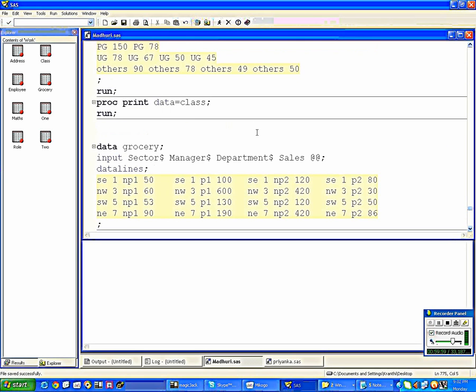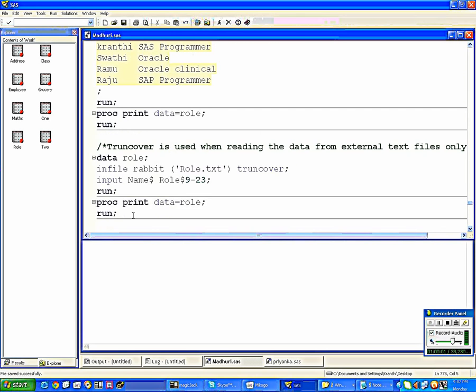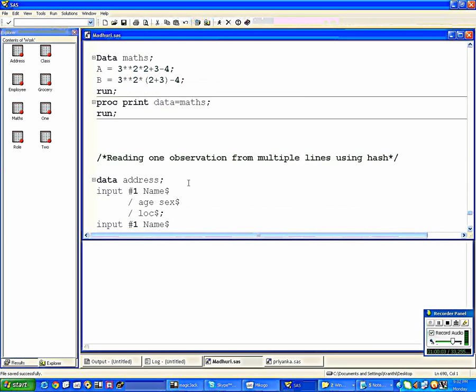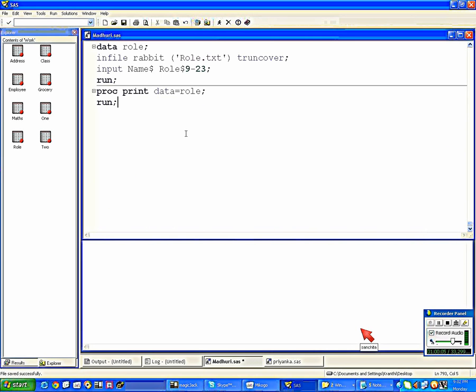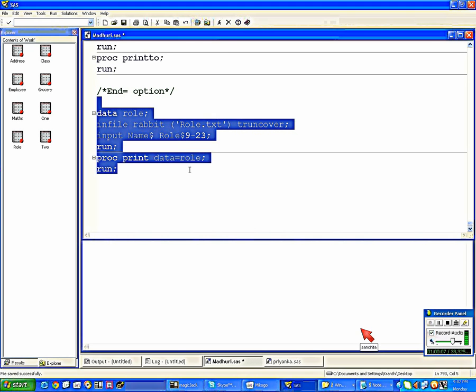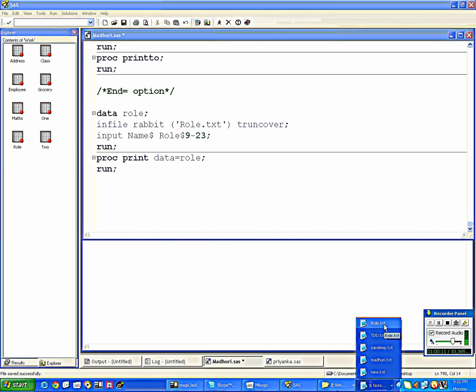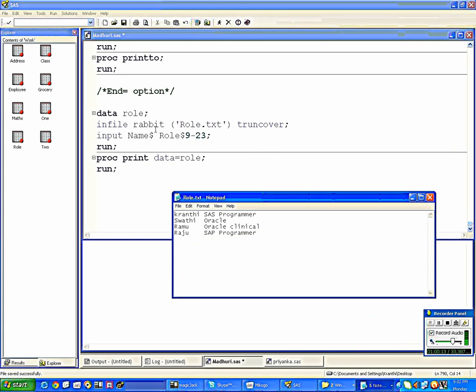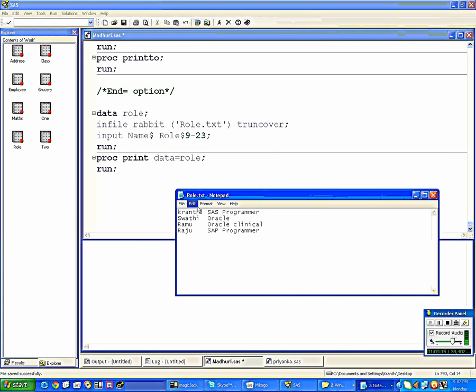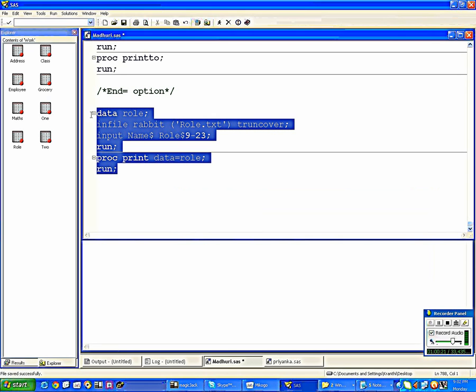We already did this program, using the trunk over. What does this do? Rabbit is already given the location. Rabbit means derive data. Role.txt: from this file, I am reading the name and role using this trunk over.